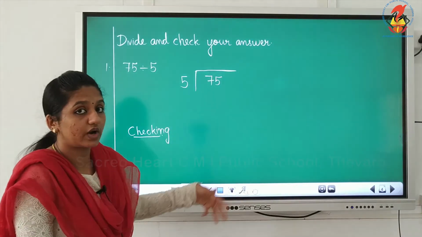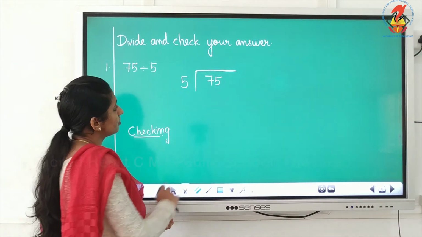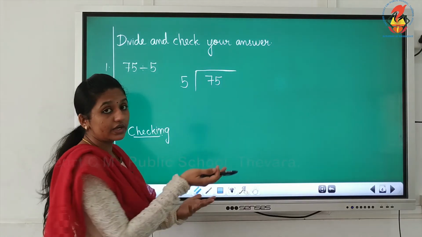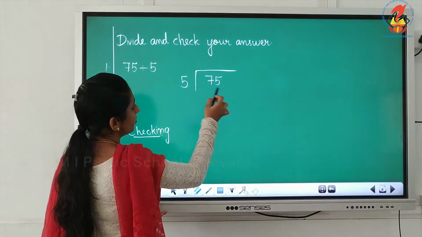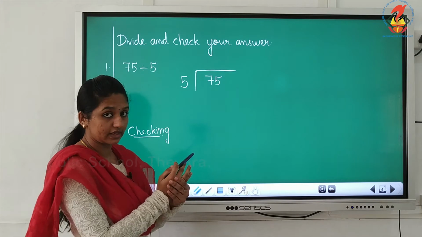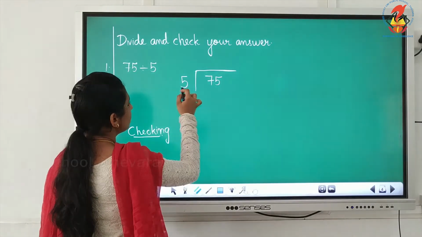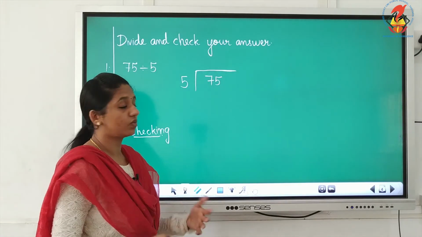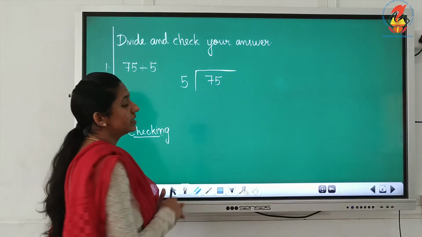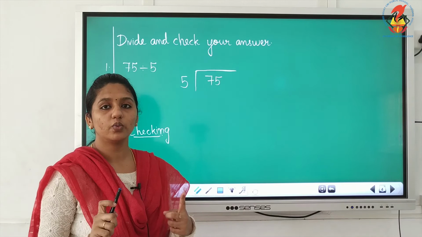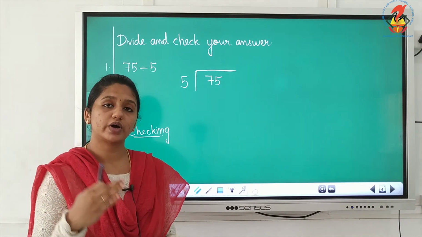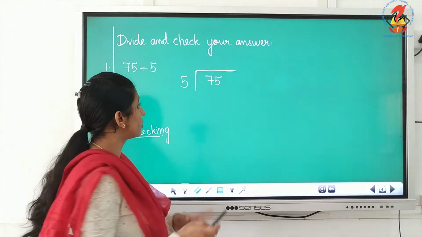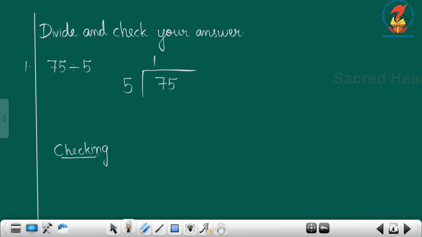So we can divide. When the number is coming here 4, we can't divide. So in that case we take both the numbers together. In this number 5 is compared with 7, 7 is greater, so we can divide. So in 5's table, how many times go? It's only 1 time. 5 ones are 5, 5 twos are 10 only. So 5 1 time. 5 ones are 5, write down 5.